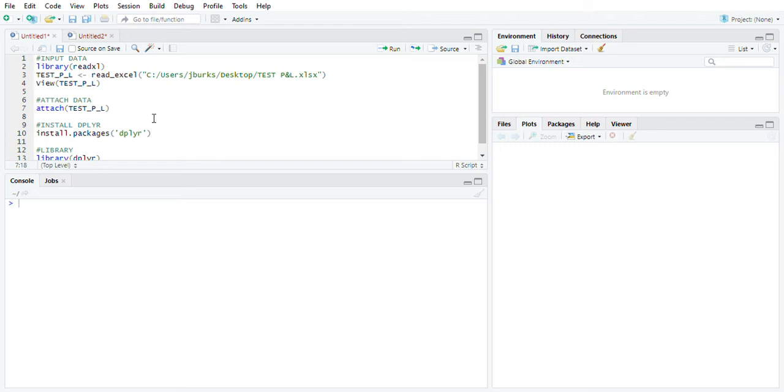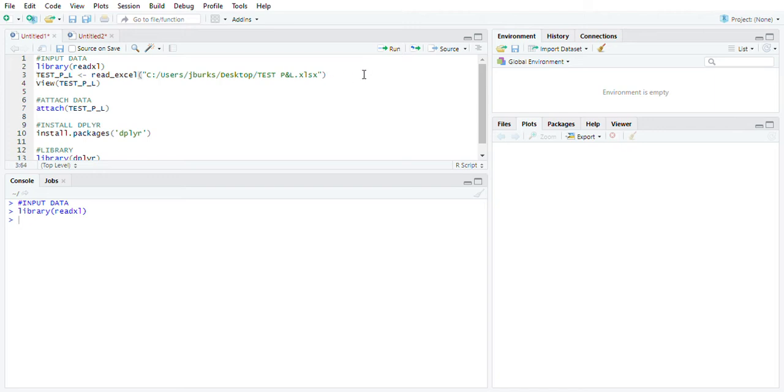Okay, now going to the notepad. If you wanted to import your data, you can do it three ways. The first way I'll show you is you can come to this import dataset button. You can come to file, import your data set, or you can write code, which is what I'm going to show you now. Now, what's great about R statistics is if you wanted to keep your code separate from the actual function that you're trying to carry out, just put a hashtag in front of the word, and it will automatically turn green, as we see here. Now, if you want to run this code, I'm going to bring in the file, hit run,